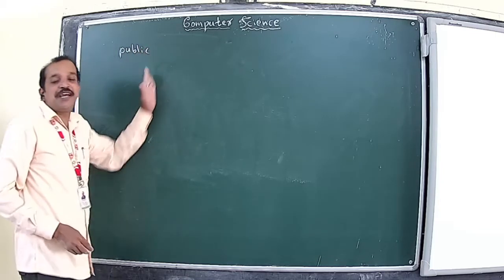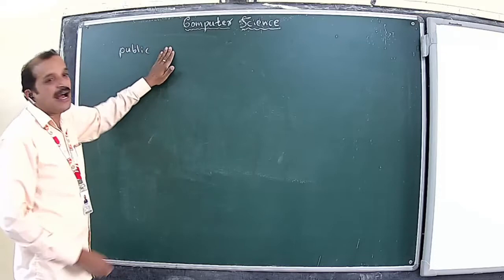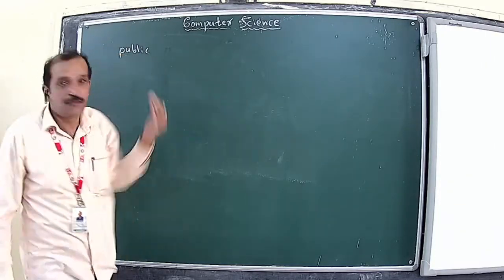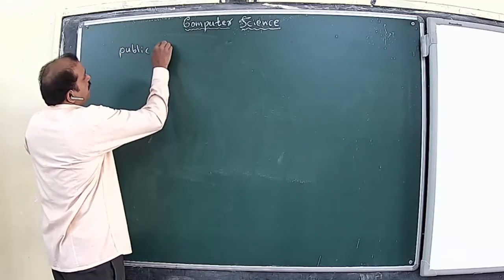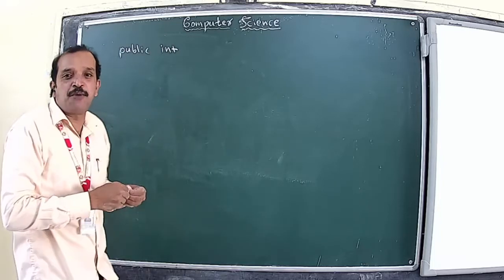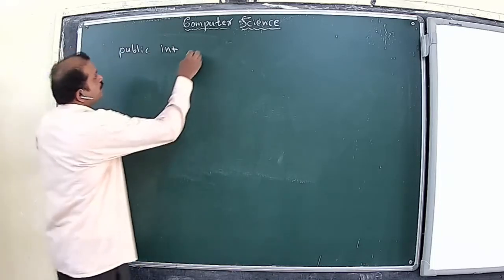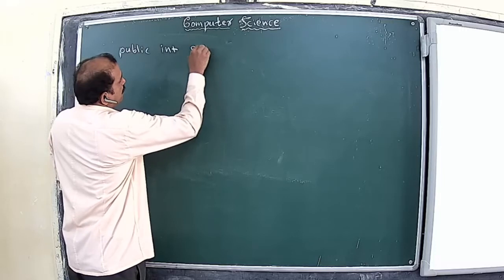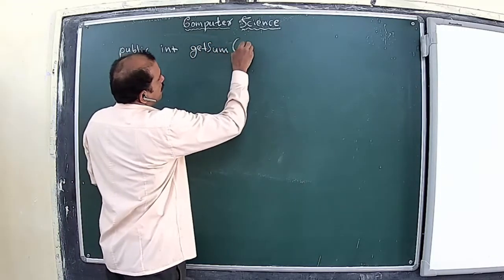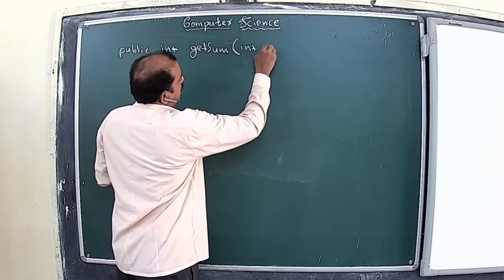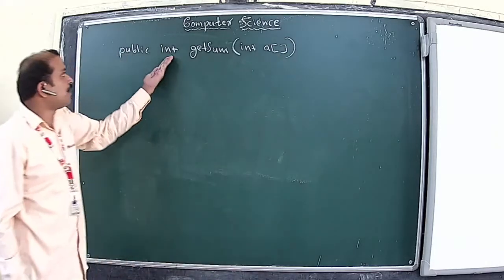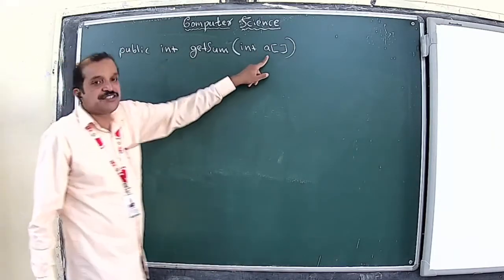And we will use a pure function itself, which will accept an array. Public integer, so an integer value will be returned, which will be the total sum of the elements in an array. Let's say getSum, a function that accepts an integer array and will return the sum of the elements in this array.